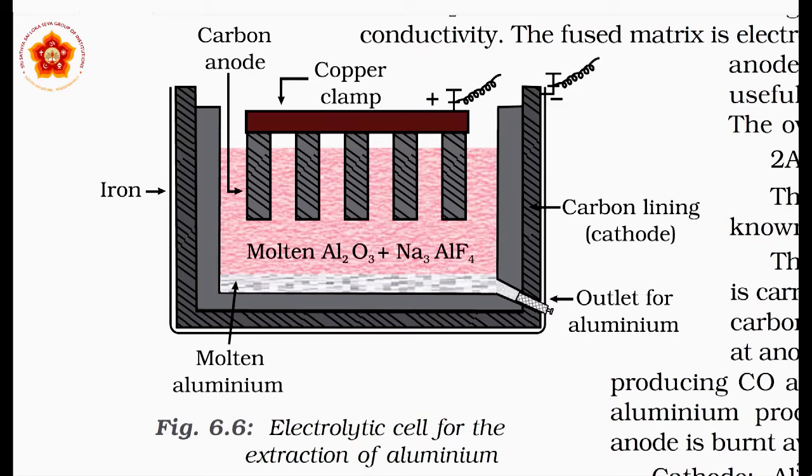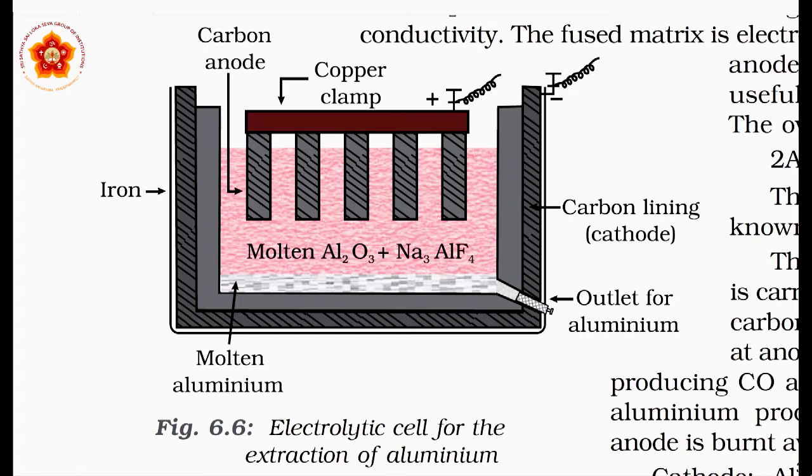So here we have cathode and anode. We know very well that cathode is negatively charged, anode is positively charged. In these cases, all these aluminum ions, which are positive ions, will go towards the cathode, and the oxygen which is part of this aluminum oxide, being gaseous in nature, will go to the anode. Remember that the anode here is made up of graphite, which is nothing but carbon. So carbon will react with all the oxygen and it will go away.